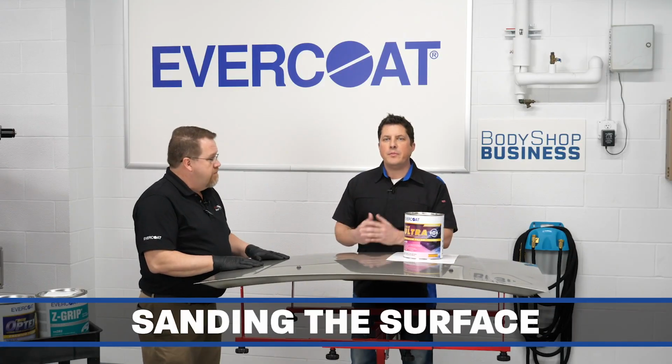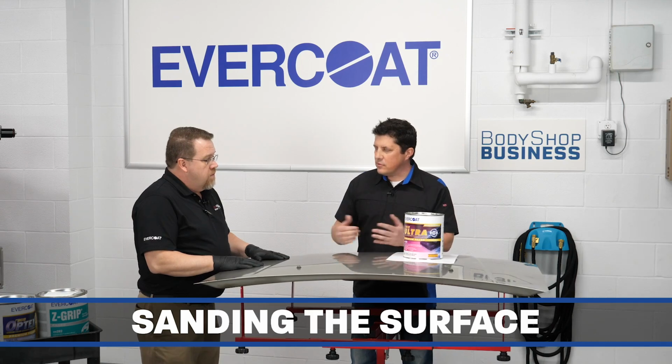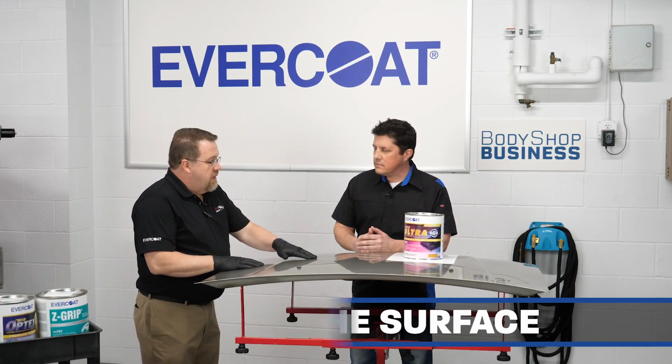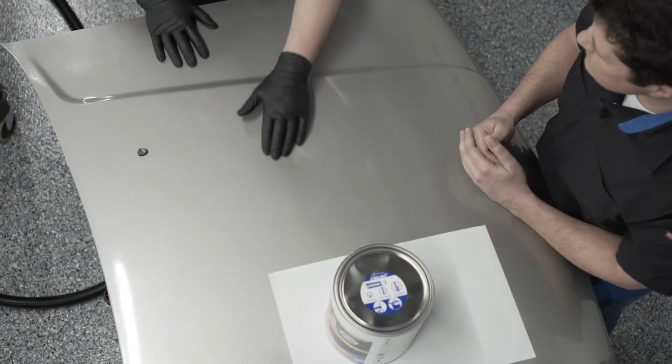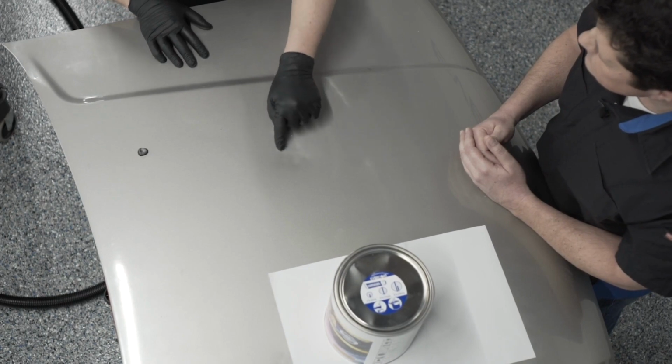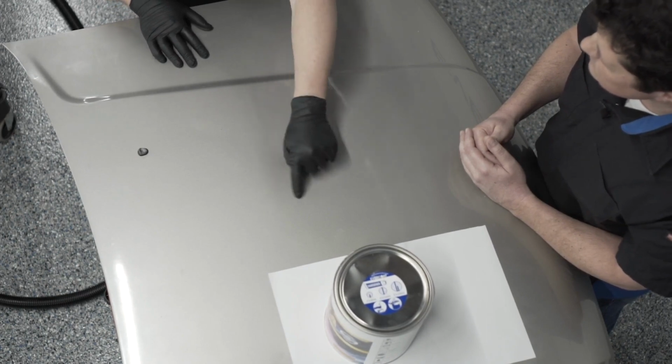I thought you had to remove the paint before applying body filler. Is that true? Well, not necessarily. So what we're going to do for this particular scenario is I'm going to prepare this in the middle. I'm going to sand it with 80 grit, but not take off all the paint. I'm going to just go down to the factory primer, factory e-coat, and I'm going to feather edge this with